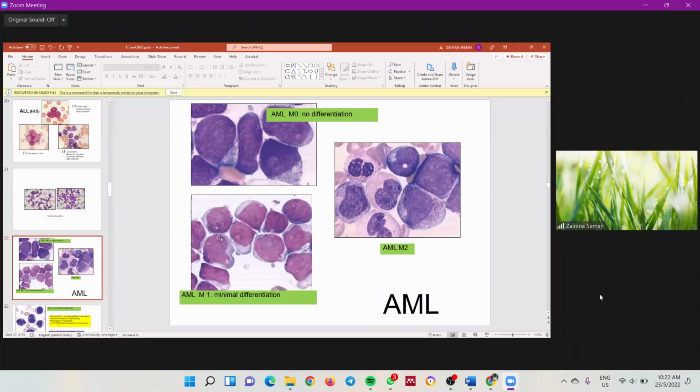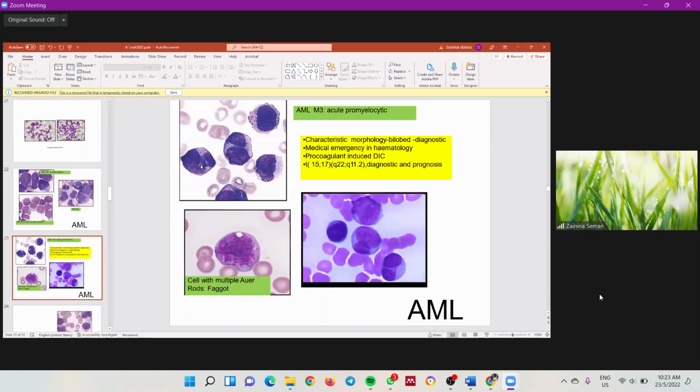This is the nucleoli. You can see these vacuole-like things, but they are not vacuoles. These are small tiny things inside the nucleus. These are the nucleoli, which indicate the immaturity of the myeloblast. So these are among the different types of myeloblasts of AML that you can see. These are very characteristic for AML M3. For this one, you must know these